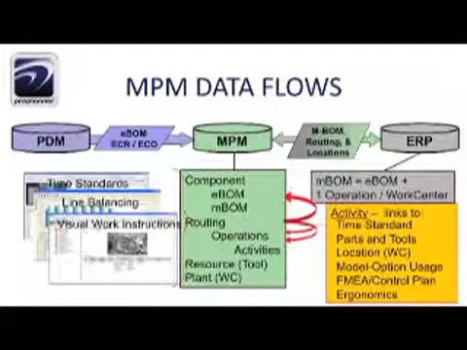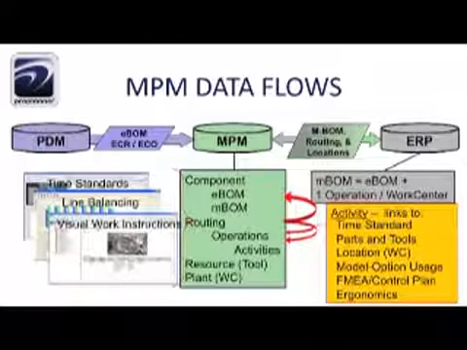So we've created a little piece of information, a data element, an activity, and we've associated quite a bit of information with it that we're going to carry through the process in a technique we call line balancing, which we'll look at in just a moment. Now, once this process plan has been authored and validated as correct, then we will release that process plan,